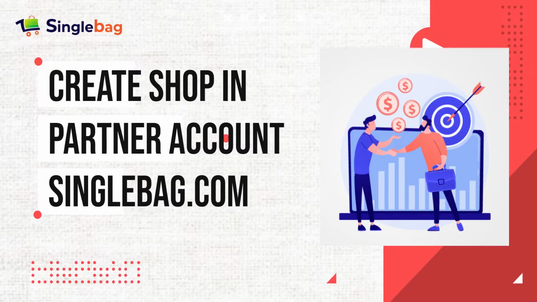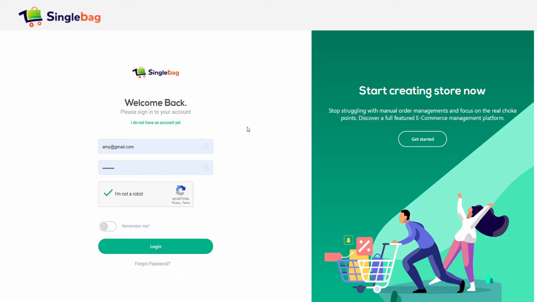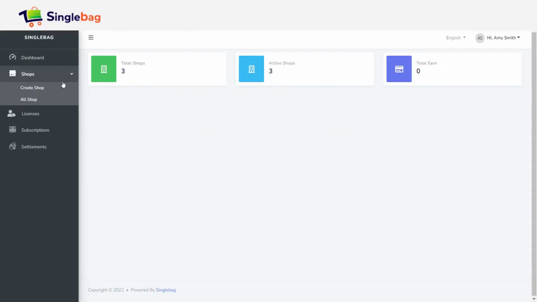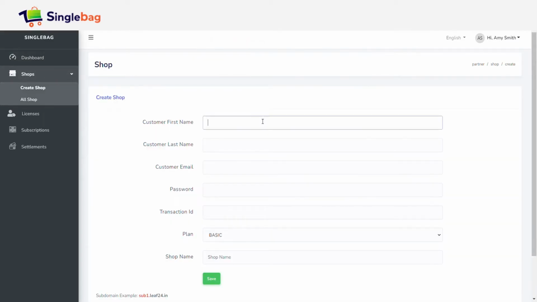In this tutorial, we will learn how to create a shop. For this, log in to your store on the Singlebag Partner Platform. The dashboard of your store appears once you log in. Click on Create Shop. Enter customer name, email ID,